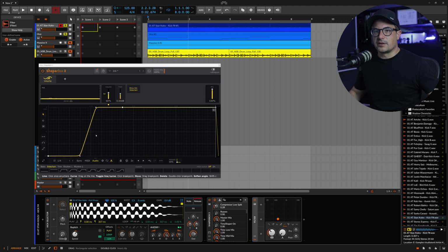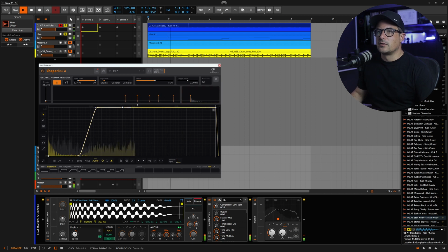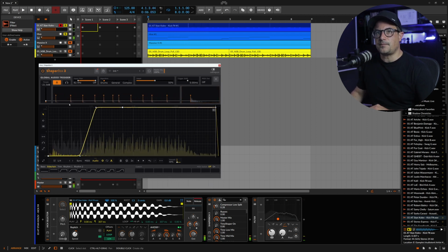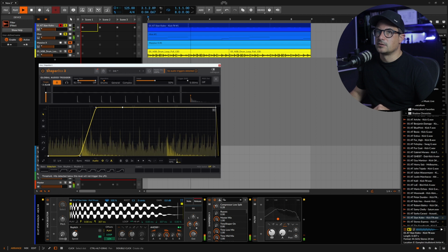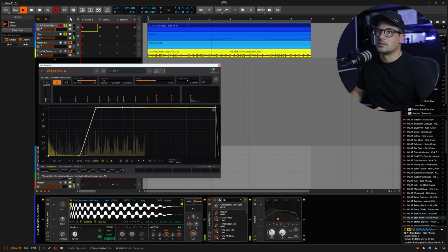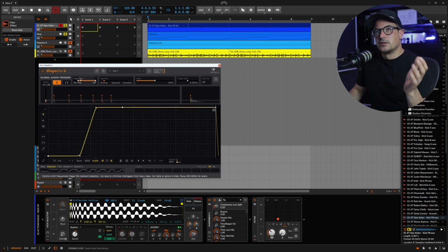Now the way you can get around that is if you come down to the bottom here, you've got pretty comprehensive settings for the sidechain itself. If we click the sidechain settings and play this back now, it gives you a really nice representation of what's happening. You've got threshold controls. Now there's no sidechain happening at all. Little kick in there. But what I can do now is use the input filter